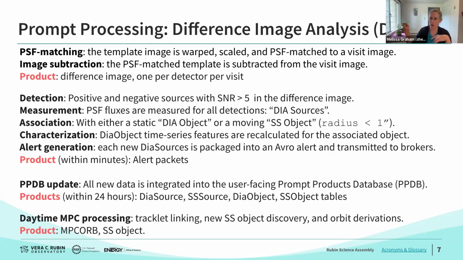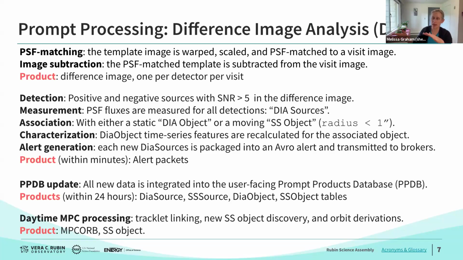And those go out and they are streamed to brokers. The next step in this prompt processing narrative is the update of the prompt products database. So on a within-24-hours time frame, all of the new data that came from this real-time nightly prompt processing is integrated into the user-facing prompt products database. That's the PPDB. That happens within 24 hours, and it's tables like DIA source, solar system source, DIA object, and